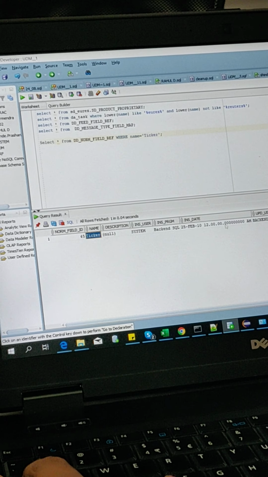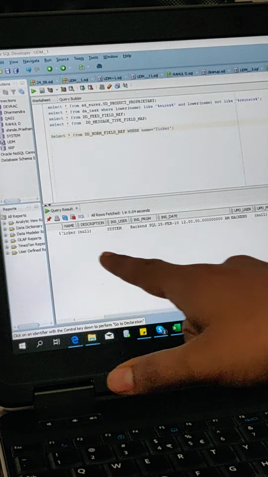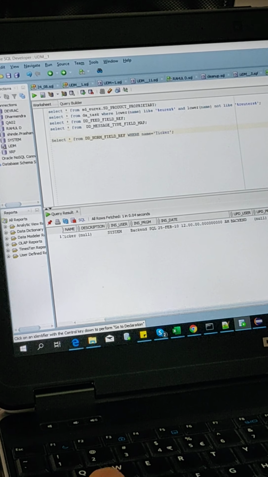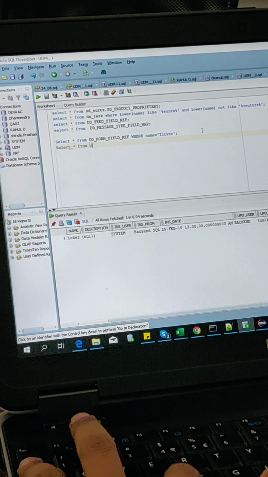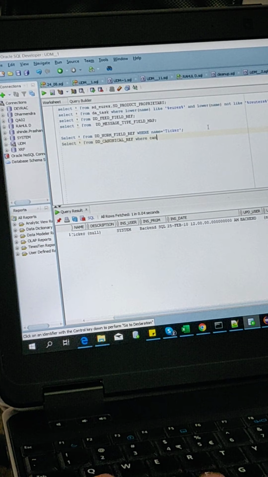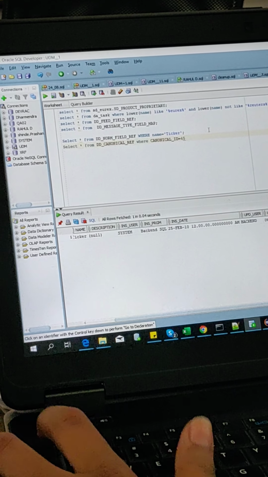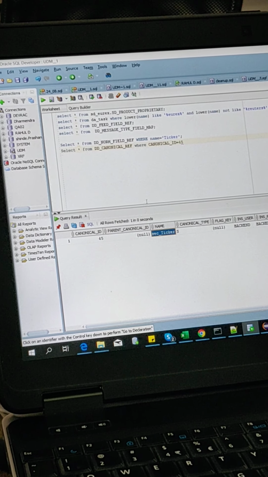There is an interdependency. The norm field is dependent on canonical. I will go to the canonical. Okay, so it says that I need to persist at sec underscore ticker.